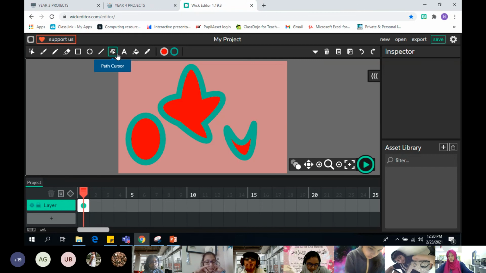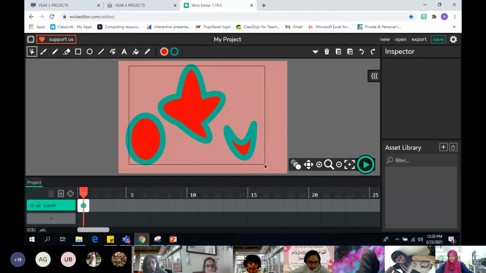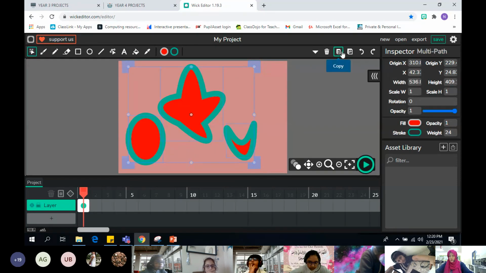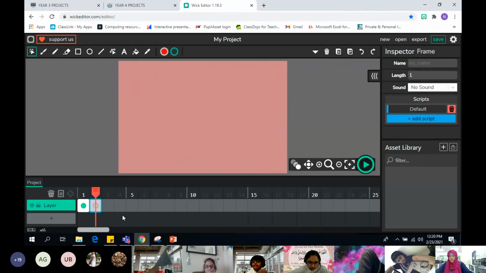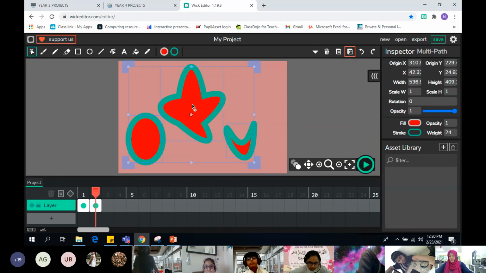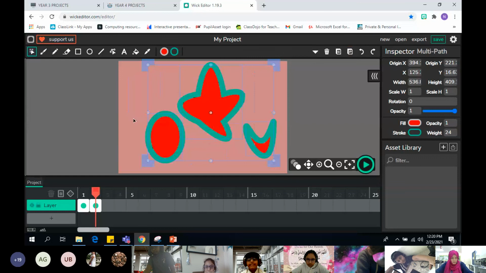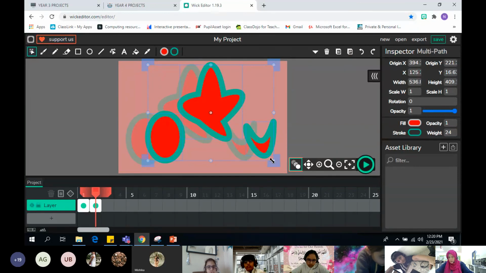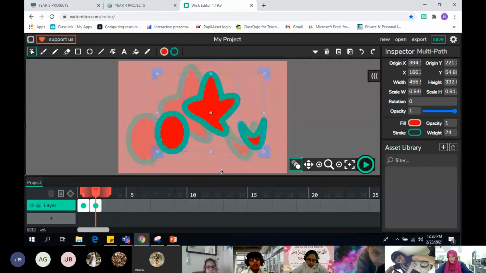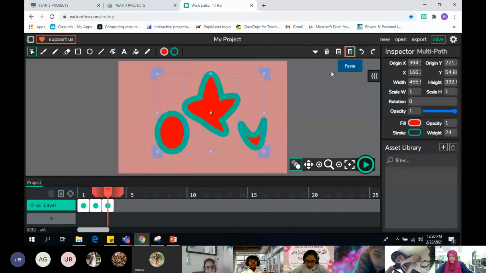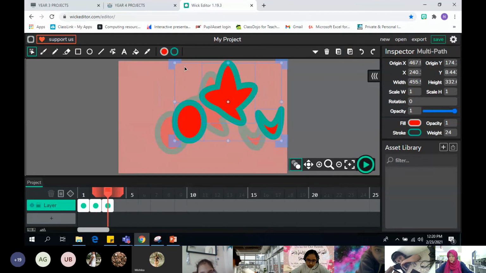Now this is the one after drawing the shape. The rest of the thing, you know how to do it. Select all of them. Suppose I need to use all of them. I gave you the idea. I will copy this. I'll move to the next frame and paste those things. I want to move it a little bit. I'll drag it a little bit because all are selected. I can't see where the next one is, so click on onion skin. You know what it is. Use those handles to make it smaller. Copy this, go again to the next frame, paste it. These are just the techniques I told you.